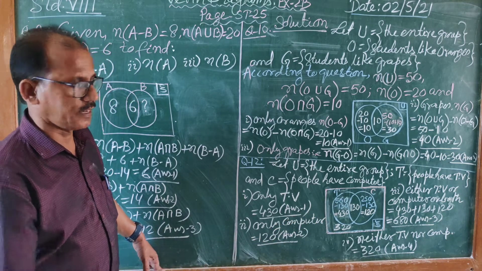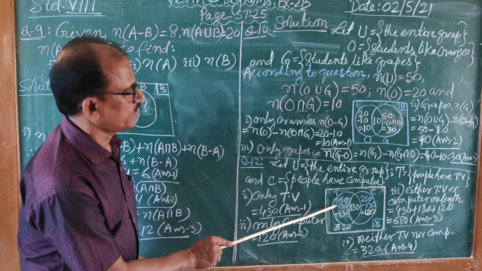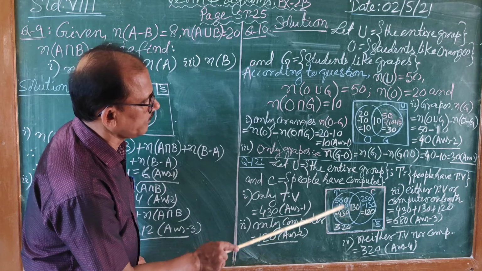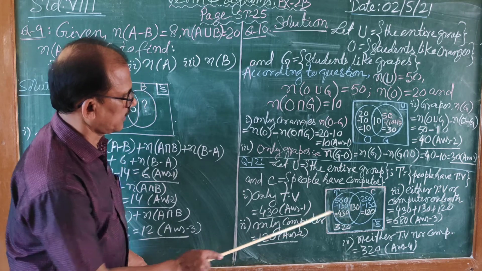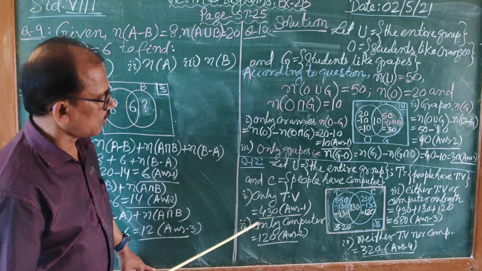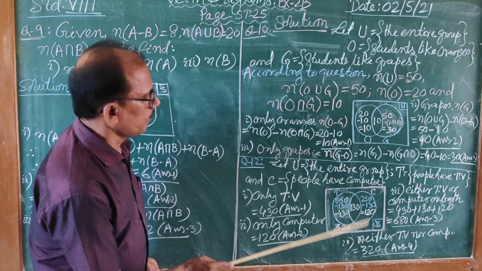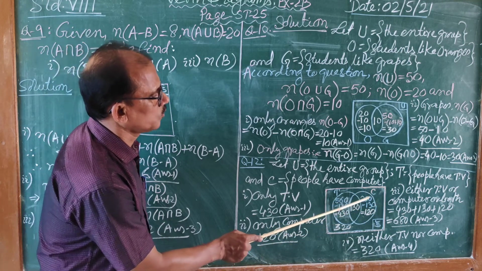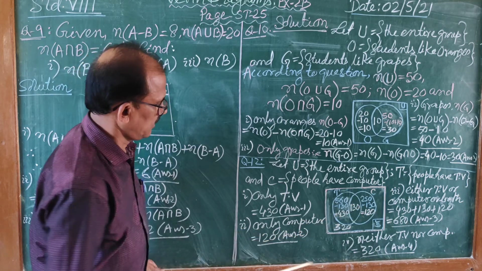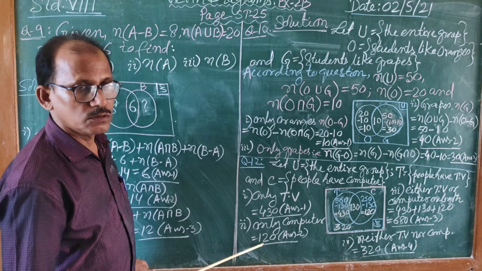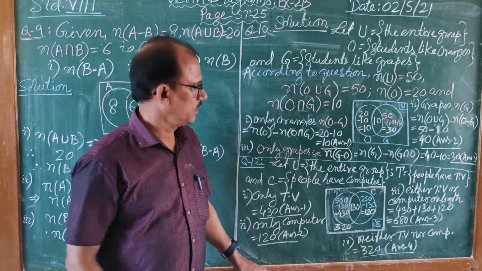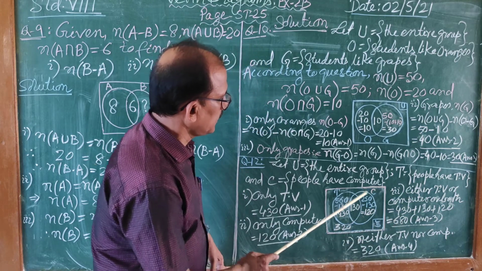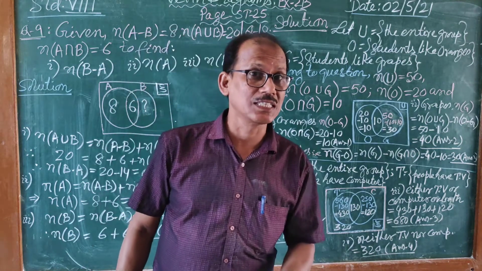That is 560. That is given according to the question, that 560 have TV, but TV will be the complete circle. Out of that 130 has gone, so only TV will be 560 minus 130, that is 430. First answer got. Second answer, only computer, how much will it be? You know the total number of computer people is 250 minus the intersection part, that is 130. So that is 250 minus 130, 120.